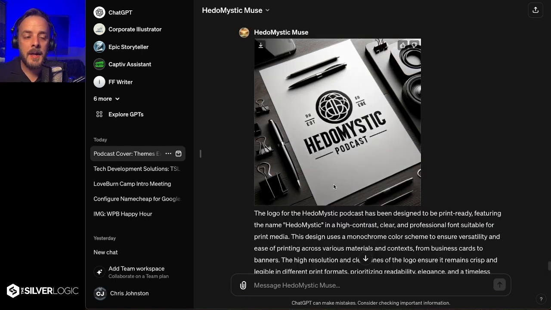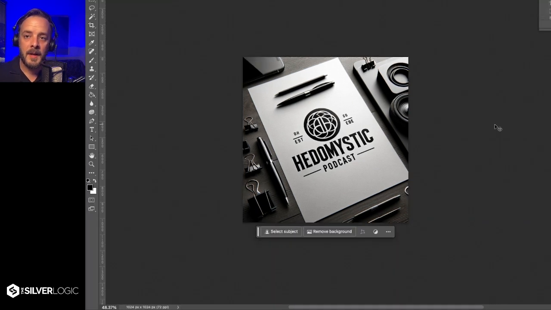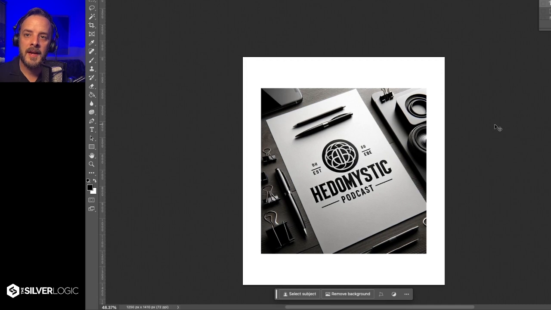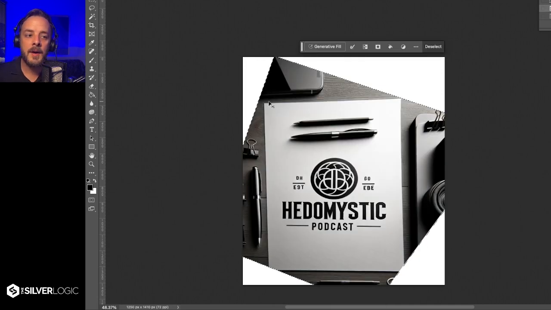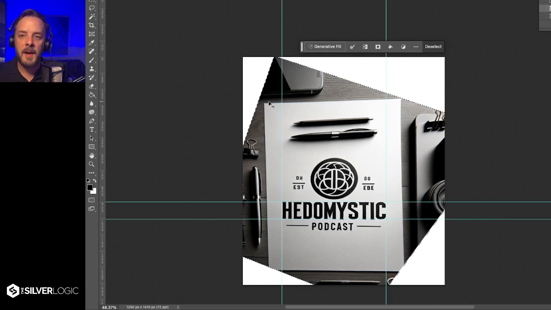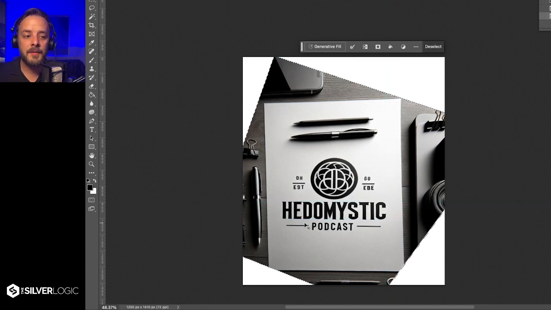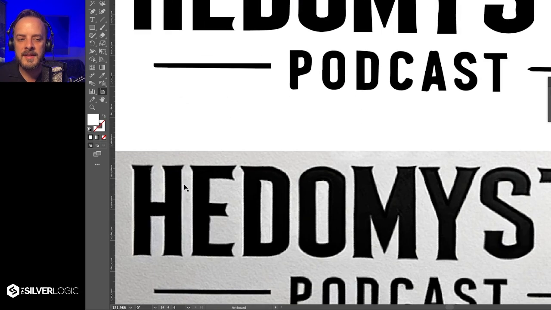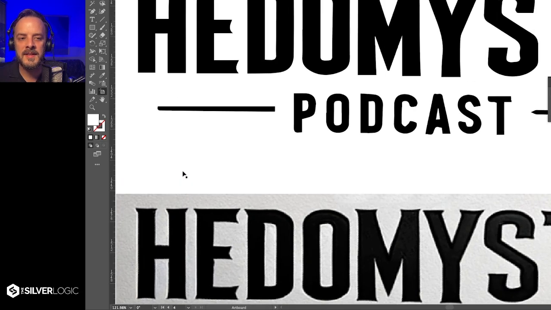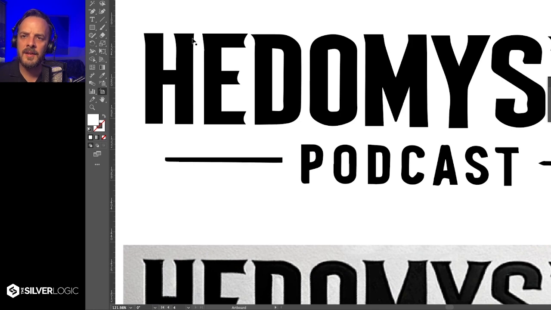So this is great, but we can't use it yet, so we're going to use some good old-fashioned Photoshop to straighten it out. Here we have it in Photoshop. Bring out the canvas a little bit. We're going to make the selection and go into free transform mode. And now using the warp setting and a couple rulers, I managed to straighten it out. This is great, but we still need to vectorize it. When I pulled it into Illustrator the first time and just tried to live trace it, I got some kind of weird things. I think that it lost some of the detail because of how small the image was. You can see some really nice serifs here that kind of got lost in translation.